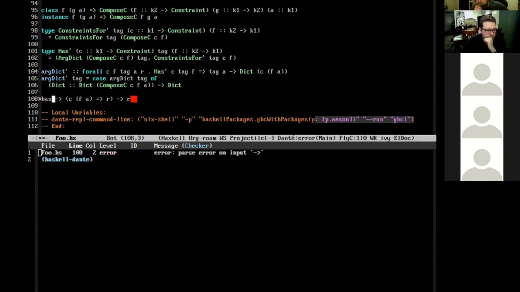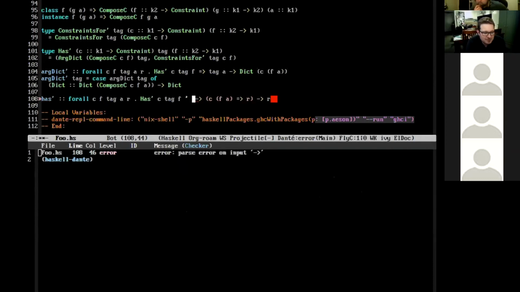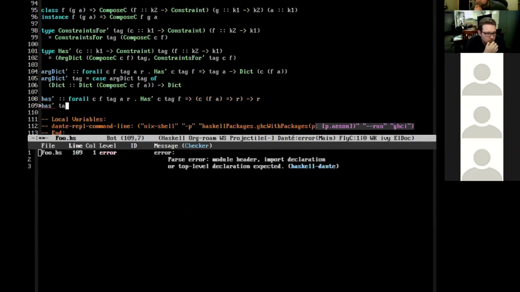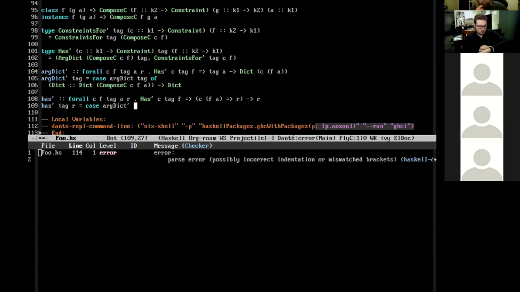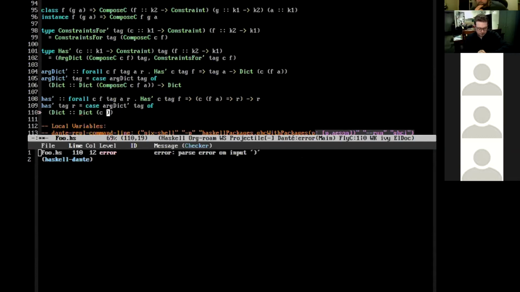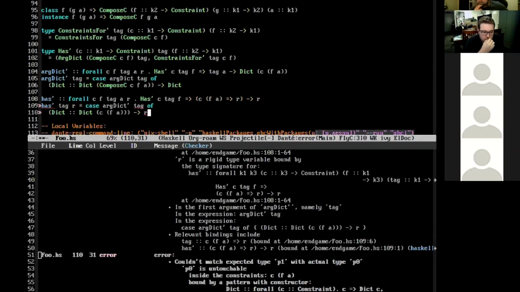Then once you have that, you can construct a lifted has. And once you have that, then you say, oh, and what's that complaining about?